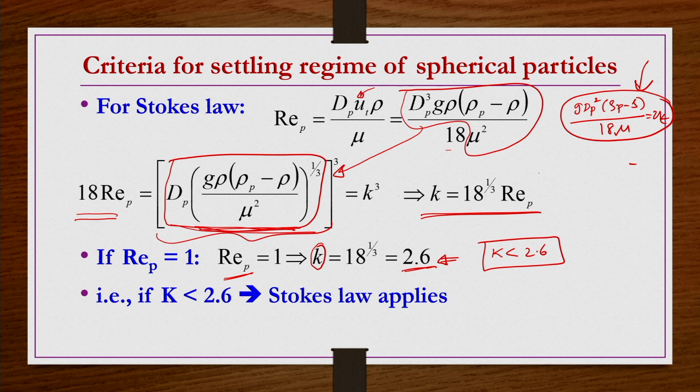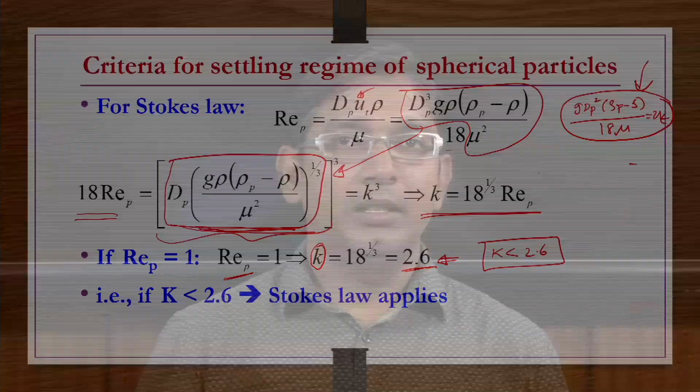So what we have done, we have in general tried to escape the requirement of terminal velocity, because you can use this terminal velocity equation only when you know the Reynolds number, and in order to know the Reynolds number, you need to know this ut. So they are interconnected. That is what we tried to do. We tried to escape the requirement of this ut in order to do these calculations.